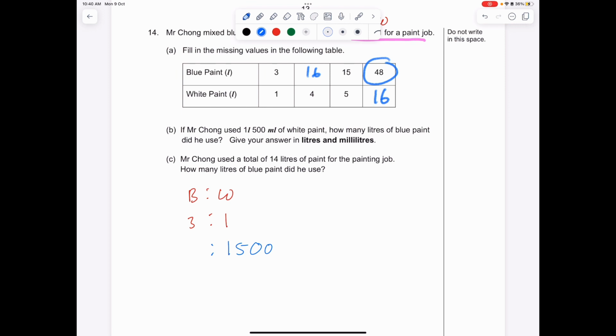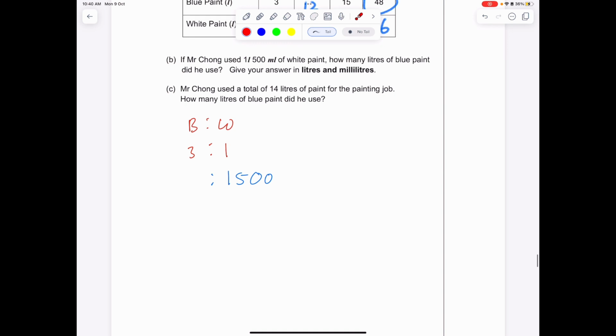Oh, sorry, I made a mistake. My bad. 4 times 3 is supposed to be 12. Okay? Please take note. 12 is the correct answer. Okay? Now,